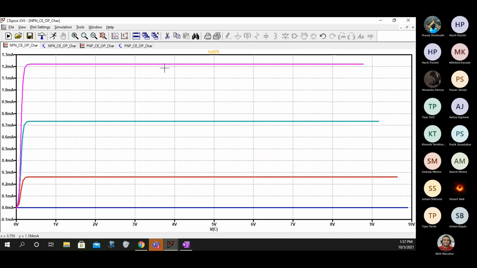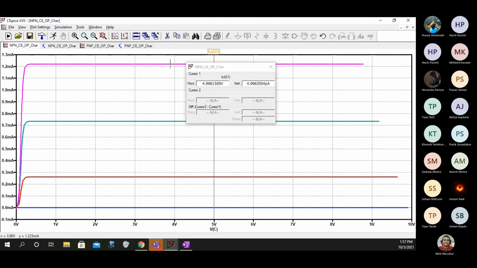So if you just expand this, it is actually taking the first curve.